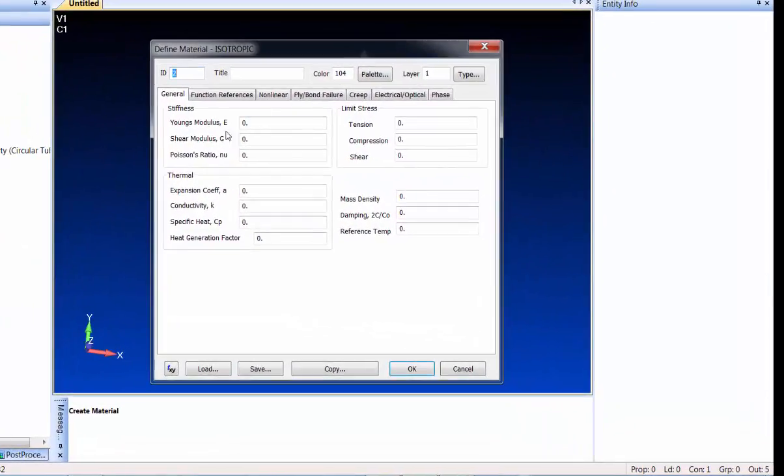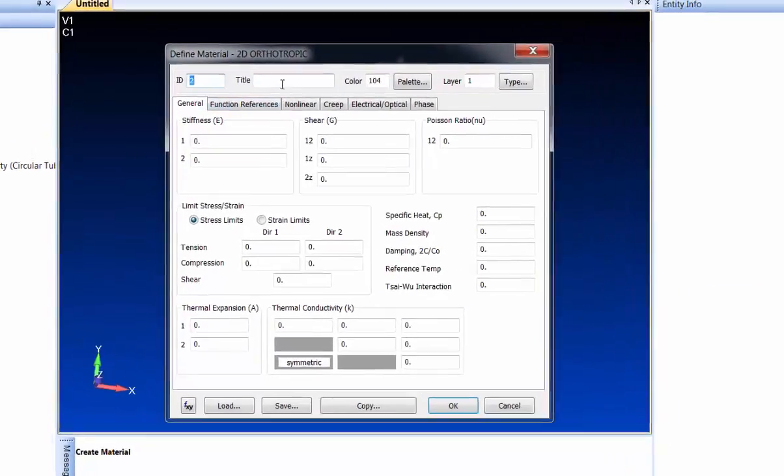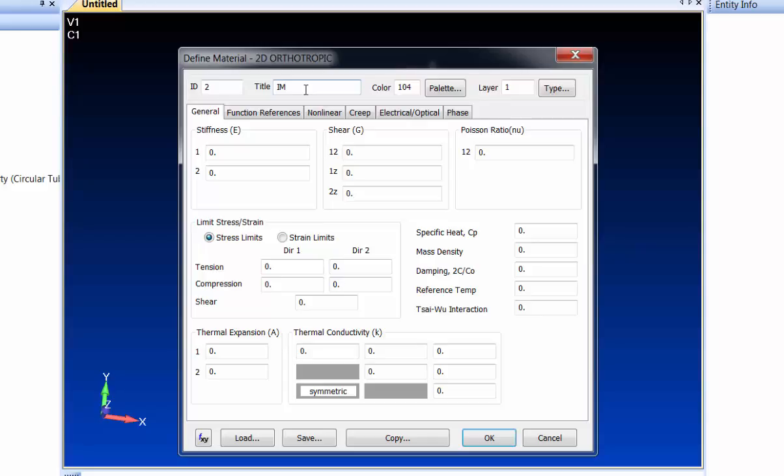The default material in Femap is isotropic, so we'll just change that to 2D ortho. I looked up an IM6 tape laminate in an old NASA report, so 23 E to the 6th. The transverse stiffness 1.29 E to the 6th. And then the G shear modulus, make that about 630,000. Actually, we'll just put in some transverse shear stiffnesses that are pretty low, and then a Poisson's ratio of